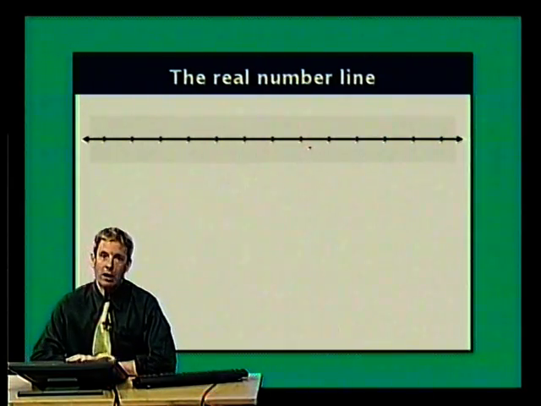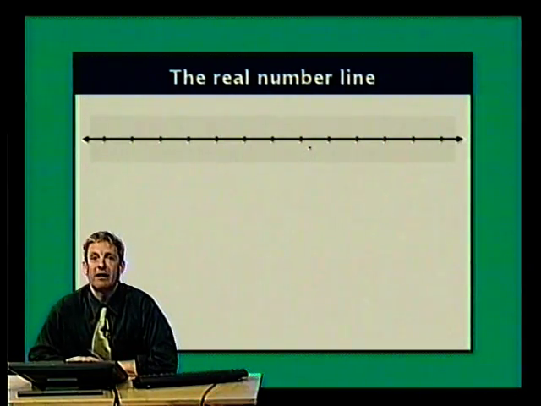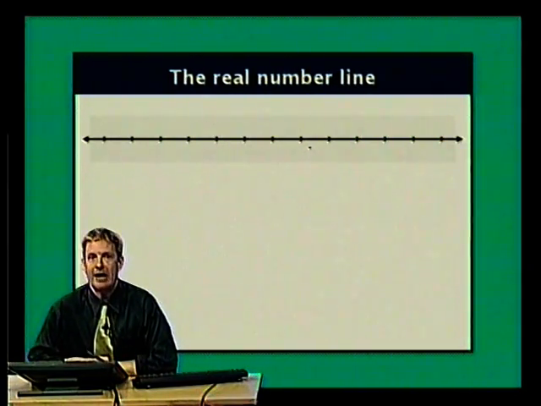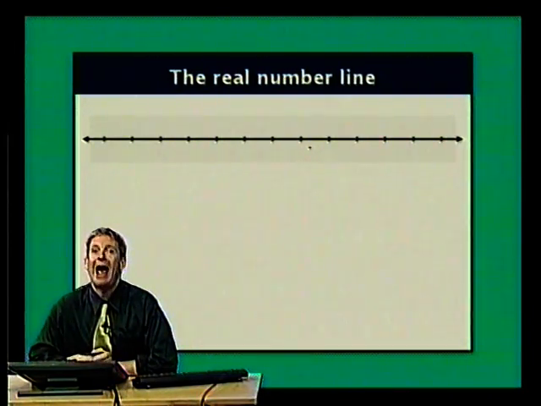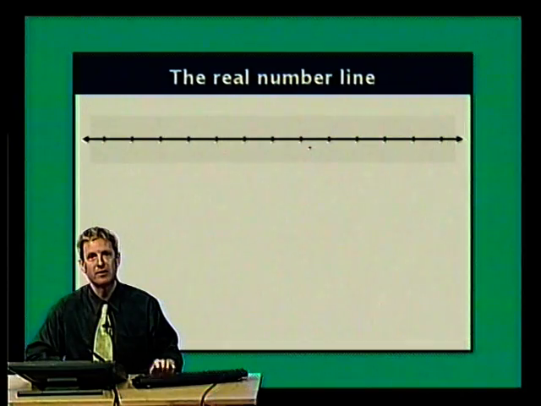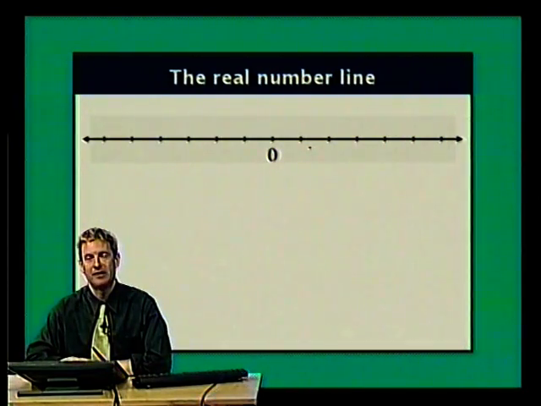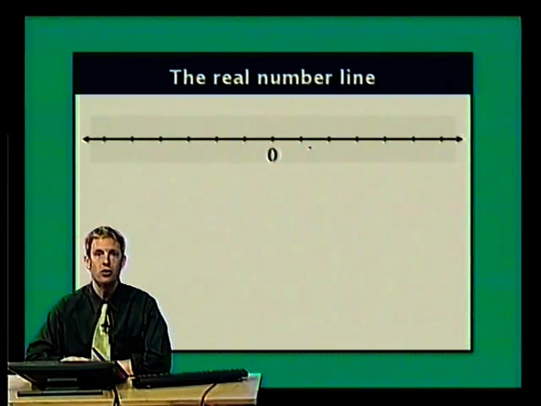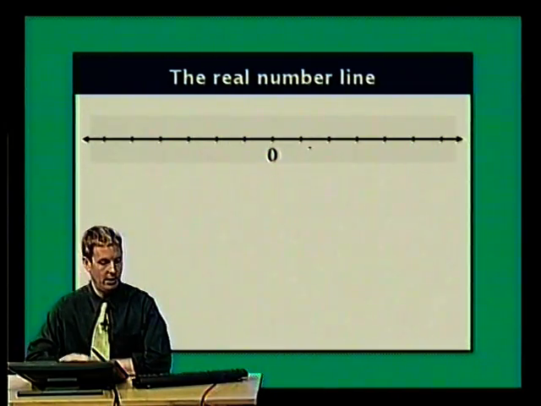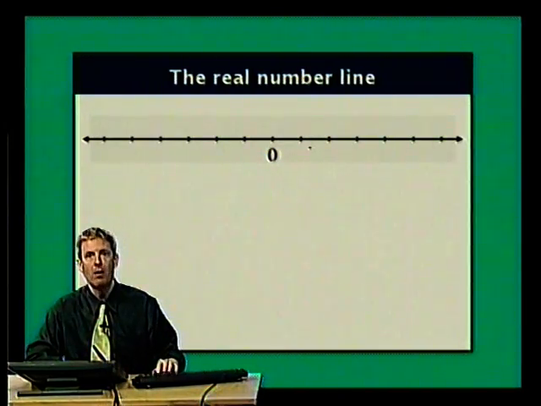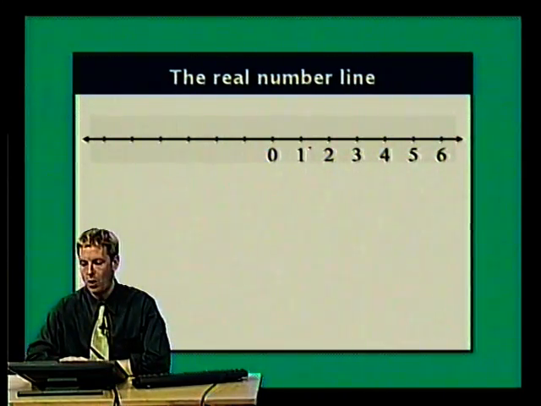mark. Now, a lot of people's natural instinct is to kind of identify where the center tick mark is and to call that 0. And there's nothing wrong with that, but you also need to keep in mind that you don't have to make the center tick mark 0, which we'll see explicitly in a later example. But in this first example, I'll go ahead and make the center tick mark 0. Now what we're going to do is we're going to write the positive numbers to the right of 0. And I'm going to use a scale of 1, which means that the distance between each tick mark is 1 unit. So increasing to the right of 0, I'm going to identify my tick marks as 1, 2, 3, 4,